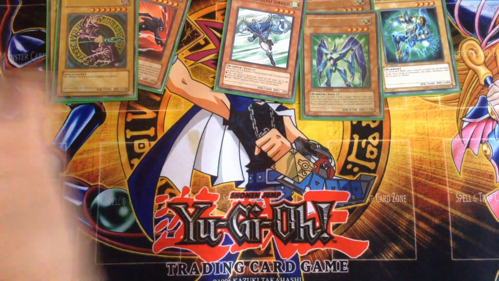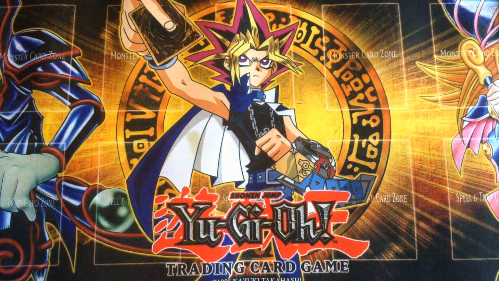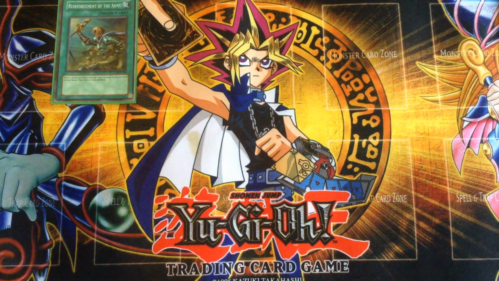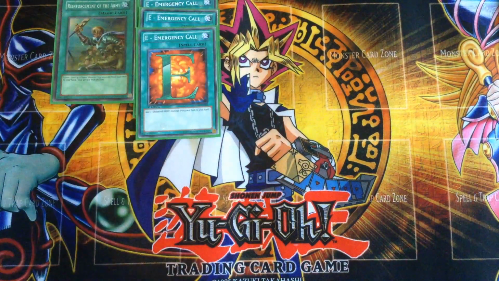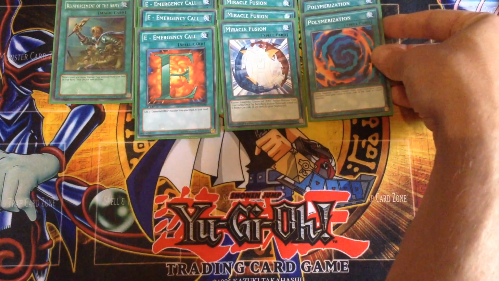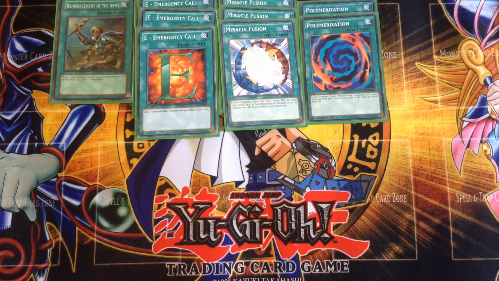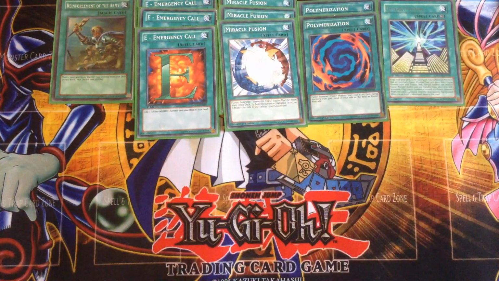On with spells. So for the spells, I've got Reinforcement of the Army, 3 copies of E-Emergency Call, 3 copies of Miracle Fusion, just 2 copies of Polymerization. I guess I felt like 3 would be a bit cloggy. Then Future Fusion,